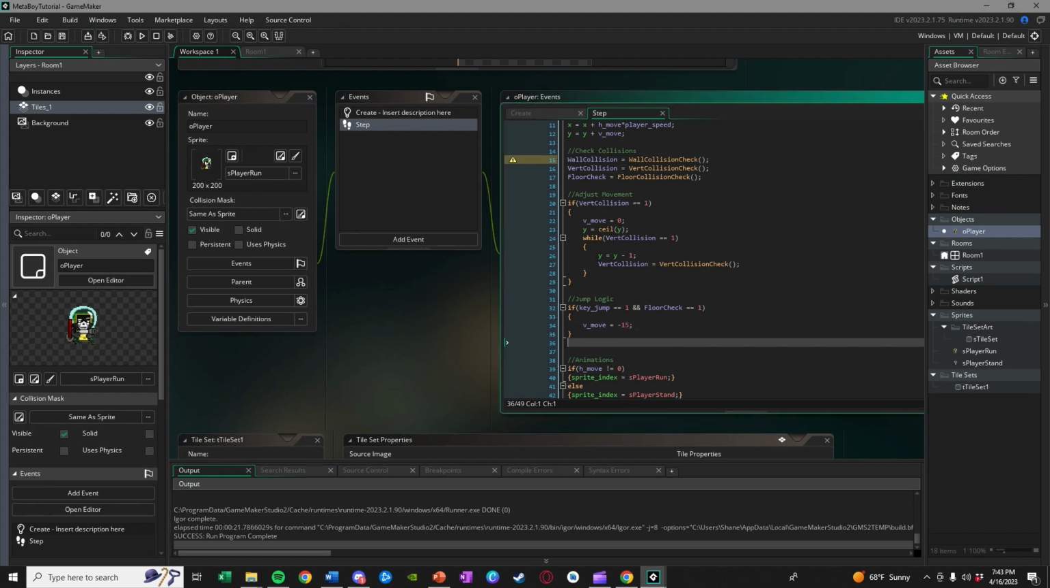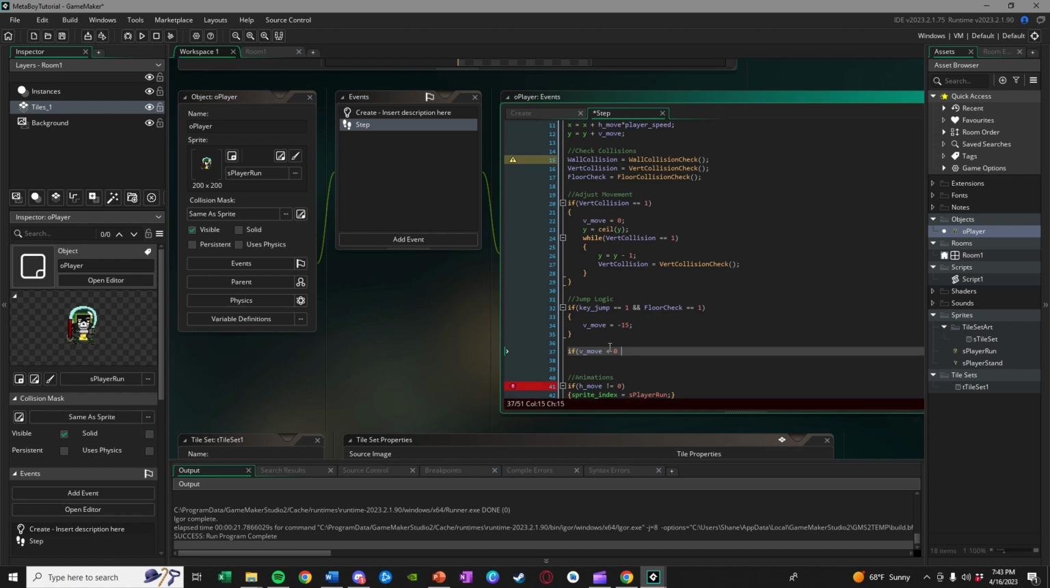So we can get into double jumps and stuff, which requires a little more thought and logic, but one easy quality of life thing I like is just to say if vmove is less than 0. So if we're moving in the upward direction,